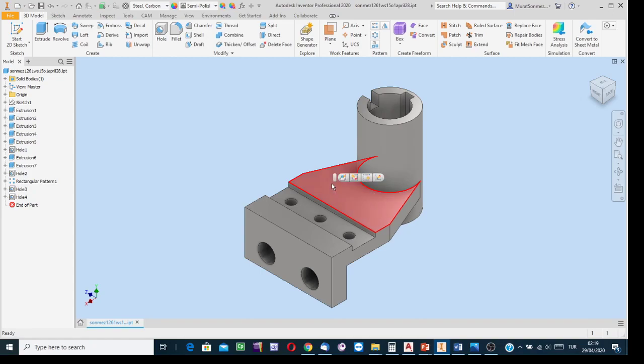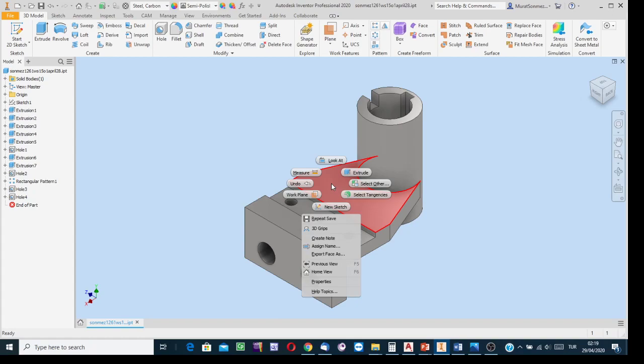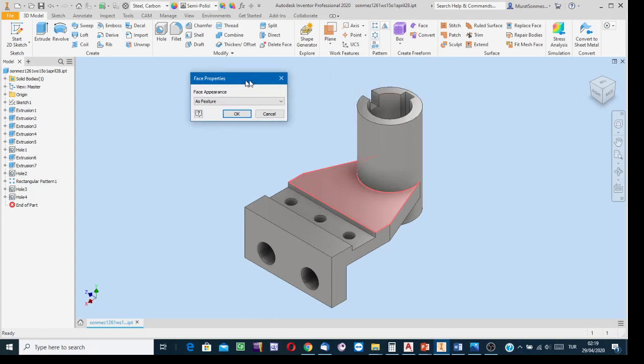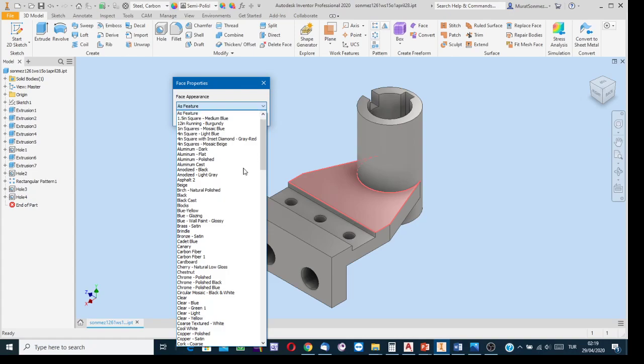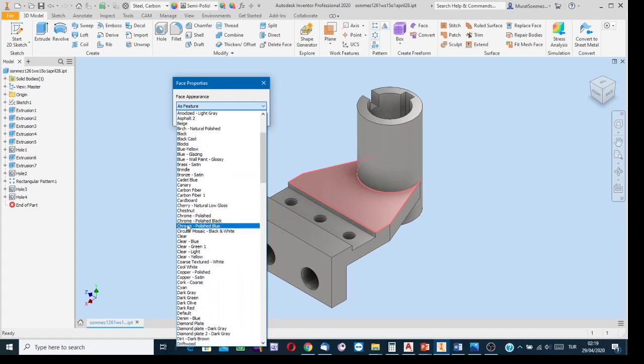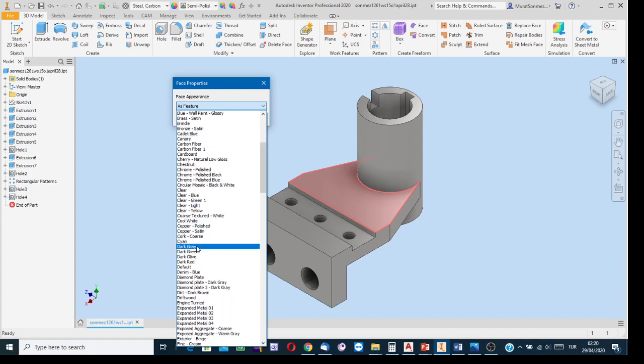Indicate the surface with a click, right click the mouse, and this menu will drop to the screen. From the menu select the properties option. In this dialog box, click on this listing arrow, and the listed ones are color options. For instance, for the surface you selected, which kind of dye? Say cyan or canary or gray or red. Say paint the surface dark red